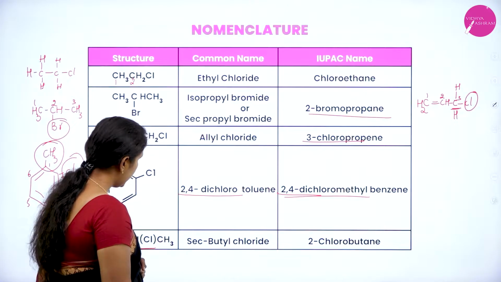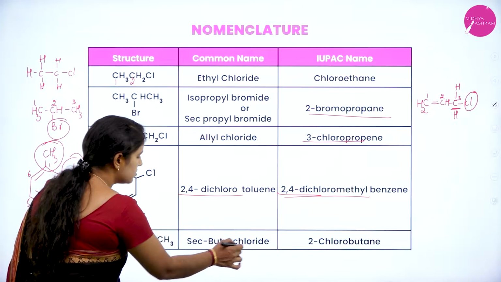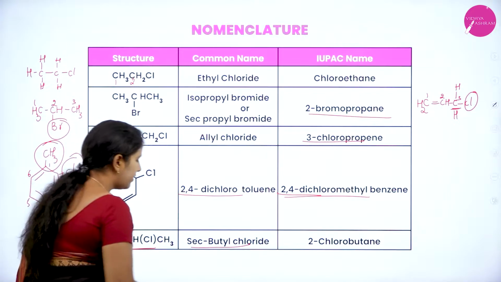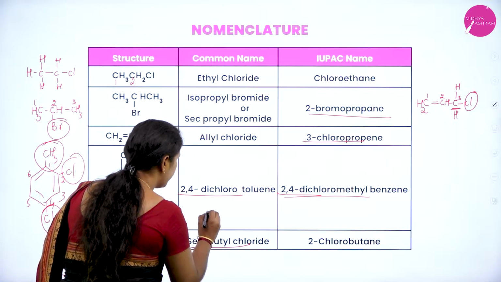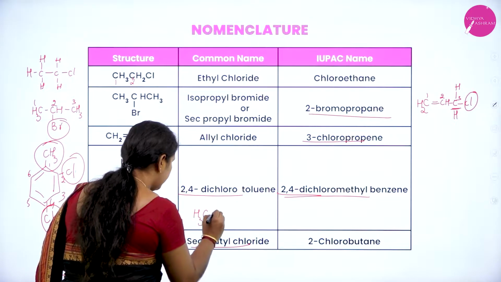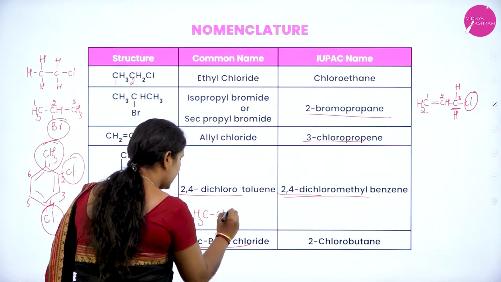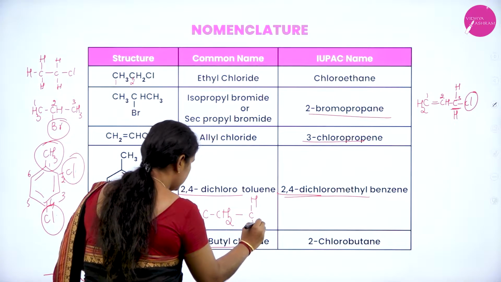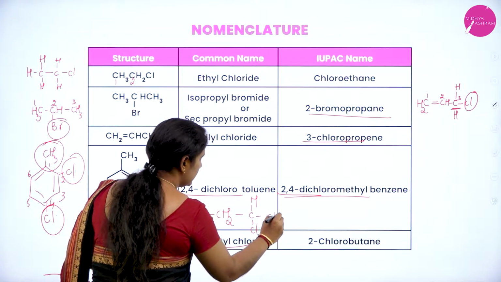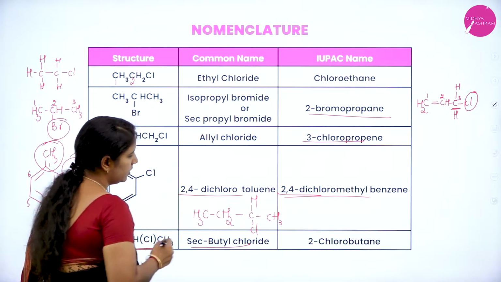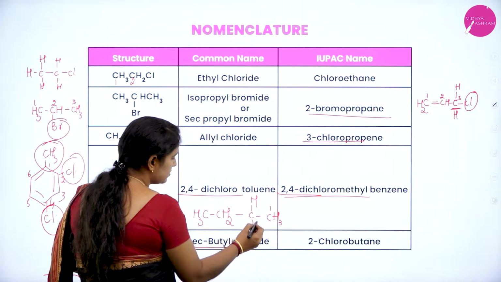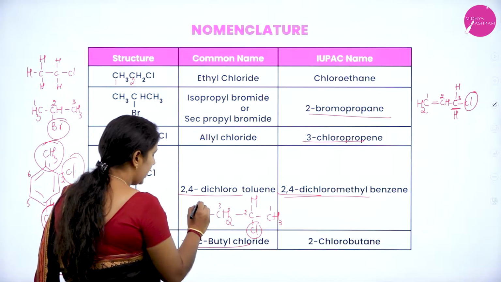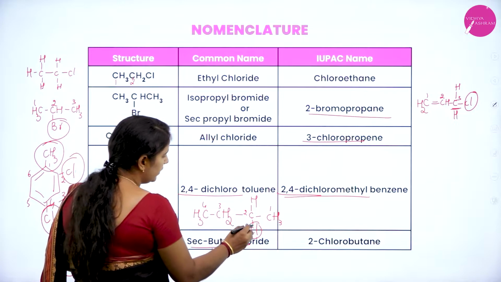CH3CH2CHClCH3. It is also known as what? Secondary butyl bromide, and you can rewrite the structure also like this: CH3, CH2, CH and Cl and CH3. So, this is the first substituent group which has been attached to this carbon atom 1, 2, 3 and 4, right? So, it is